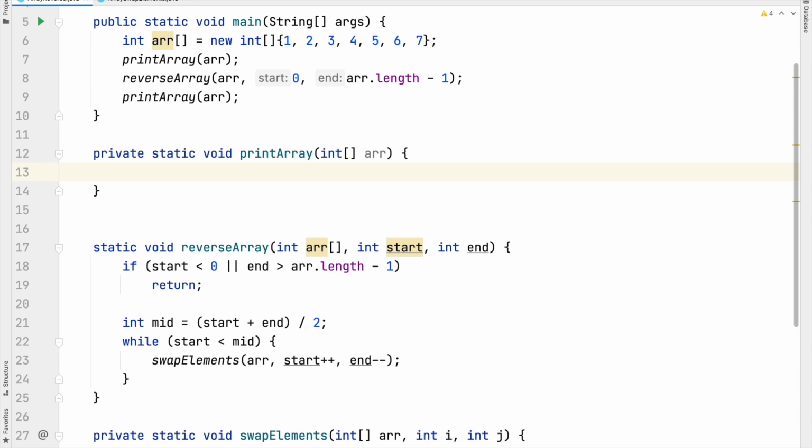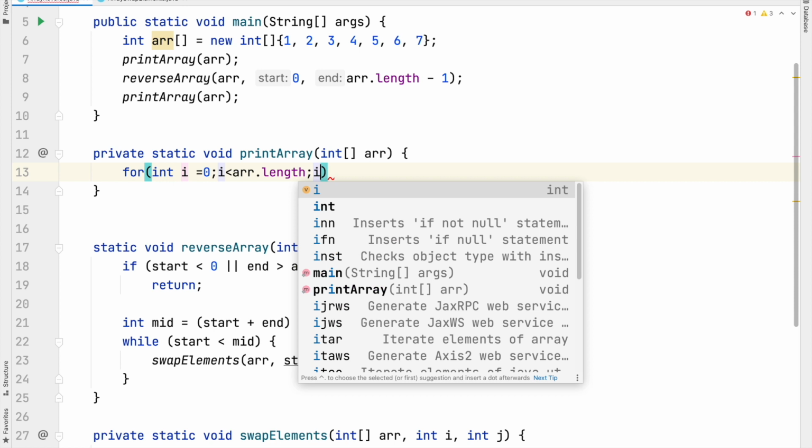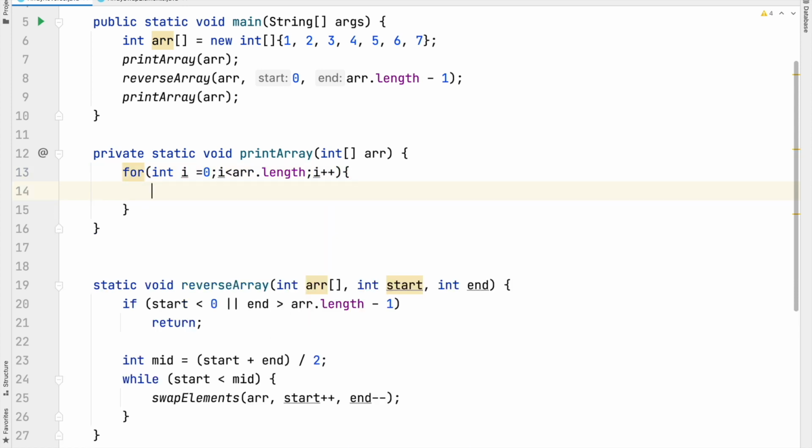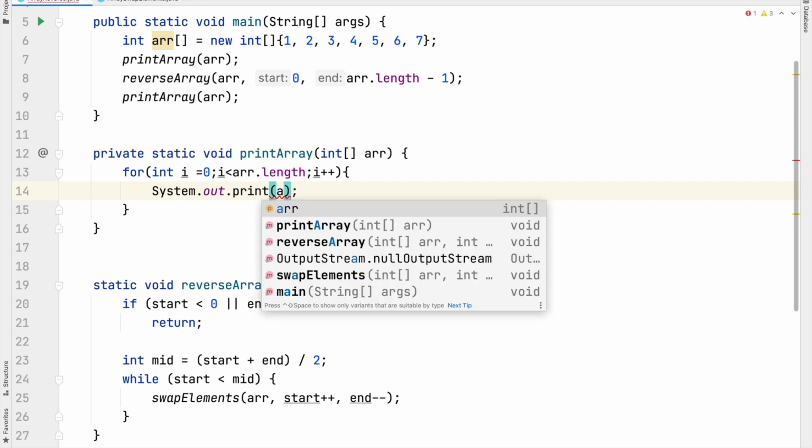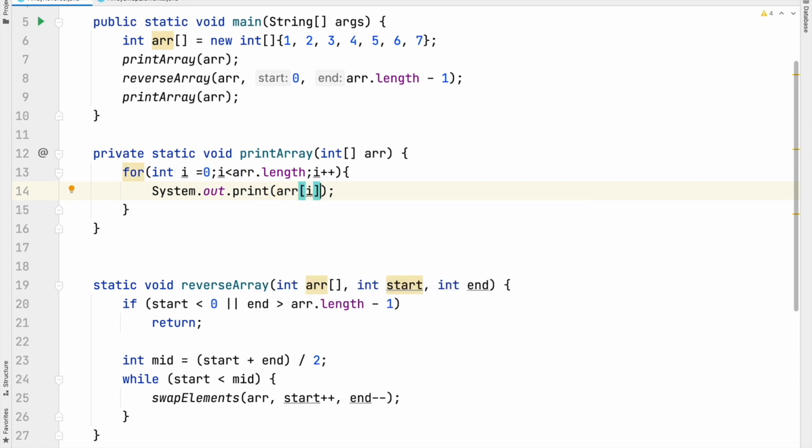It will take the array as an input, and we will iterate from i equal to 0 to the length of the array, and we will increment the value of i by 1 after each step. So let's print the value of array index at i.